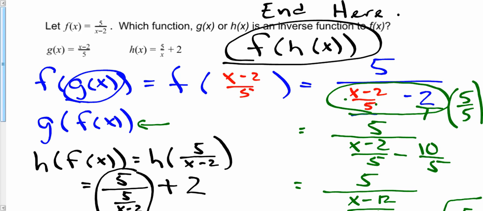I don't like doing this with a slanted division bar, because you don't know which way. 5 over x minus 2, or there be 5 over x minus 2. Those are drastically different expressions, right? I do the horizontal expression. But now let's unpack it. Inside out, right? So then it's f of